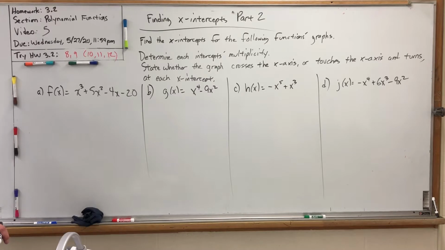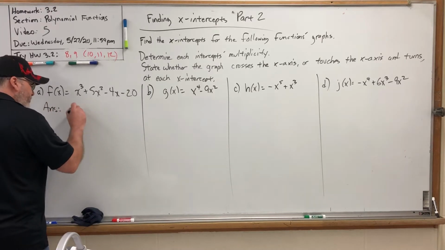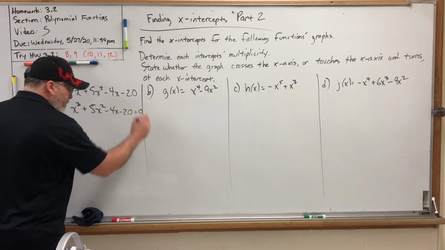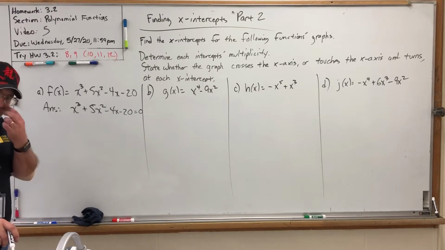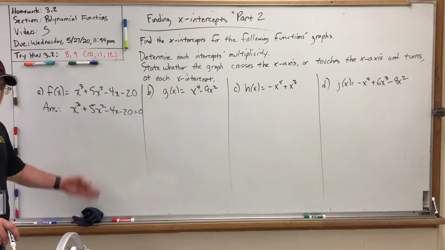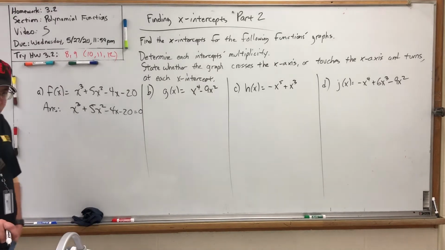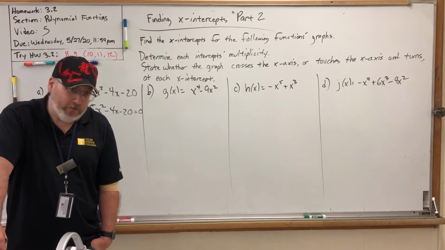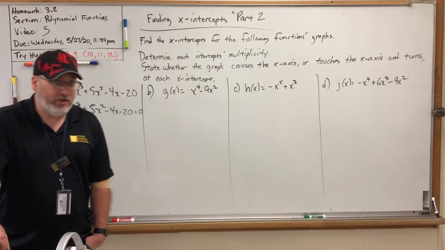The answer is you have to factor it. You still find x-intercepts the same way. You still put the function equal to 0, x to the third plus 5x squared minus 4x minus 20 equal to 0. But now in order to solve it, you have to factor it, which means you have to have an arsenal of factoring techniques at your disposal. Greatest common factor, grouping, factoring trinomials, factoring difference of squares, those will be the main ones. If your factoring skills are still a little bit shaky, I strongly recommend going to Module 2 between the first and second homework assignments and watching the videos that are reviewing factoring, because I'm going to be using all of